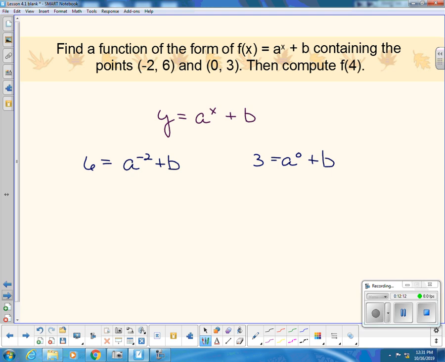So look at it. The exponents are different, so you really can't subtract them. But is there some way I can simplify something here? What can I simplify? a to the 0 equals 1. a to the 0 equals 1. So in the second equation, I can find b is what? 2. Everyone see that? So look for those things. So over in this other equation,